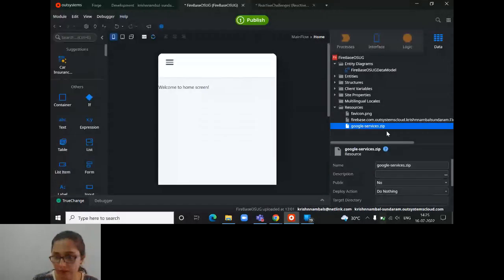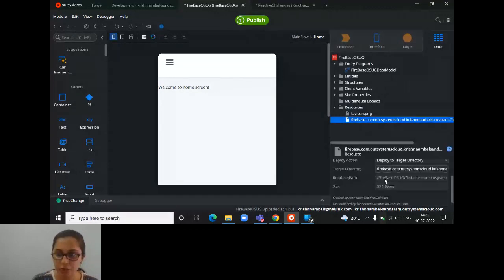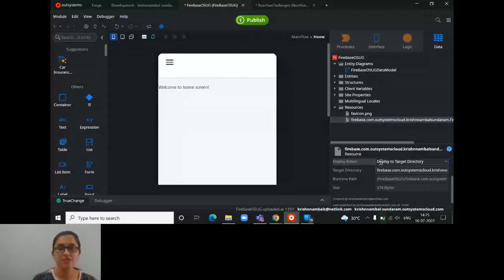Okay. And then you need to rename this file. It's like I've already uploaded this file earlier. So this is how I have uploaded it. Its name should be, guys, remember, you have to set the deploy action to deploy to target directory. The reason is when I deploy this application to another environment, this file should also be deployed. Okay. So I have set the option deploy to target directory, and the target directory would be nothing but